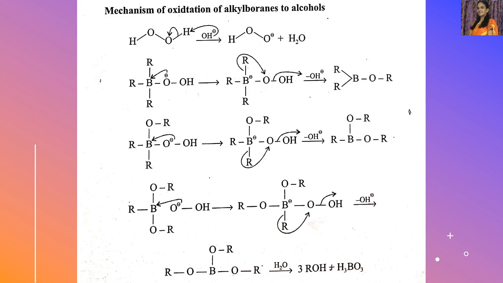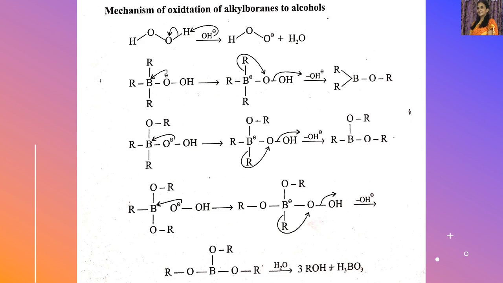So we started with alkyl borane. This alkyl borane, 3 alkyl groups and boron. Okay. So there is alkyl borane. It undergoes oxidation with hydrogen peroxide in presence of a base to form alcohol. This is the reaction. So these are the different stages involved in the formation of alcohols from alkyl boranes. And we should definitely see here there is no bond present in between